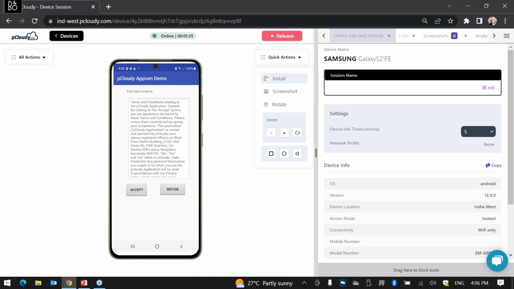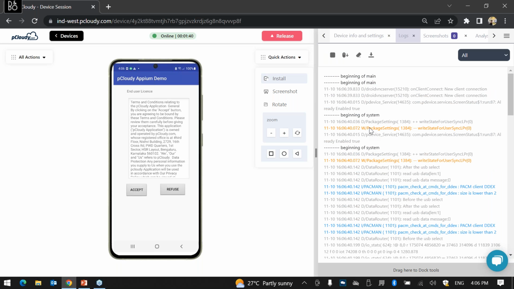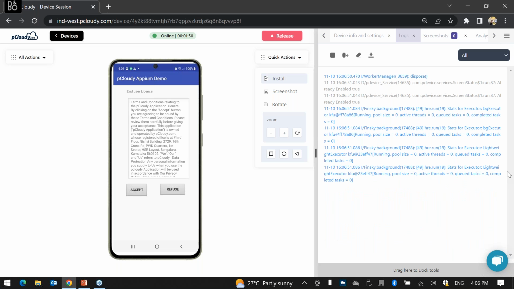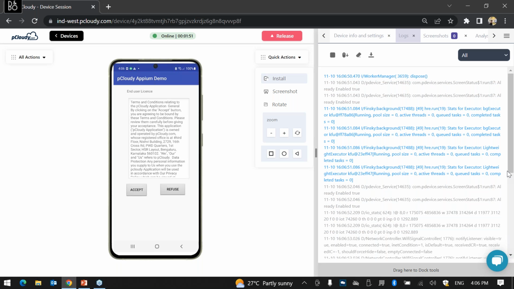As a functional test engineer, if you want to monitor the logs, I can go to the logs here and enable them. These are the color coded logs which you are receiving directly from the device. You can stack trace, follow your test flow, and also if the application crashes in between, we will provide you separate crash pointers which help you identify at which specific point your application is crashing.